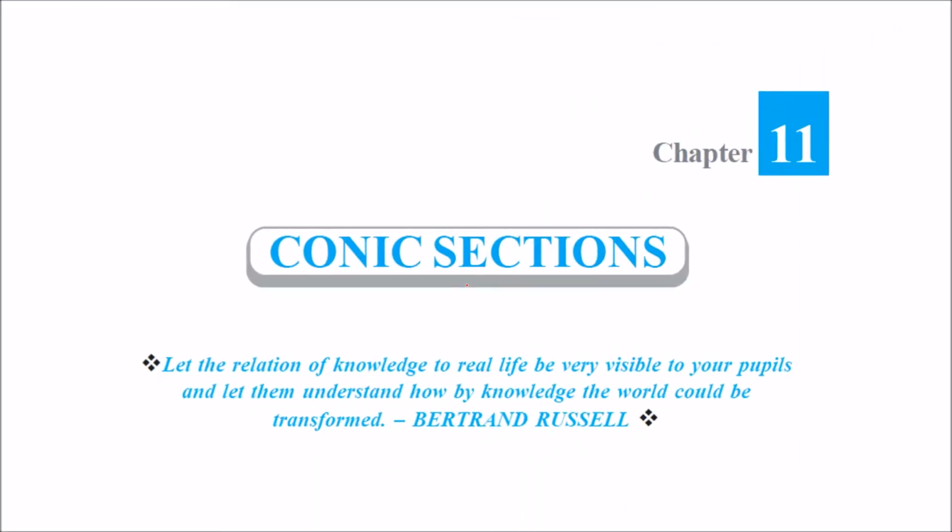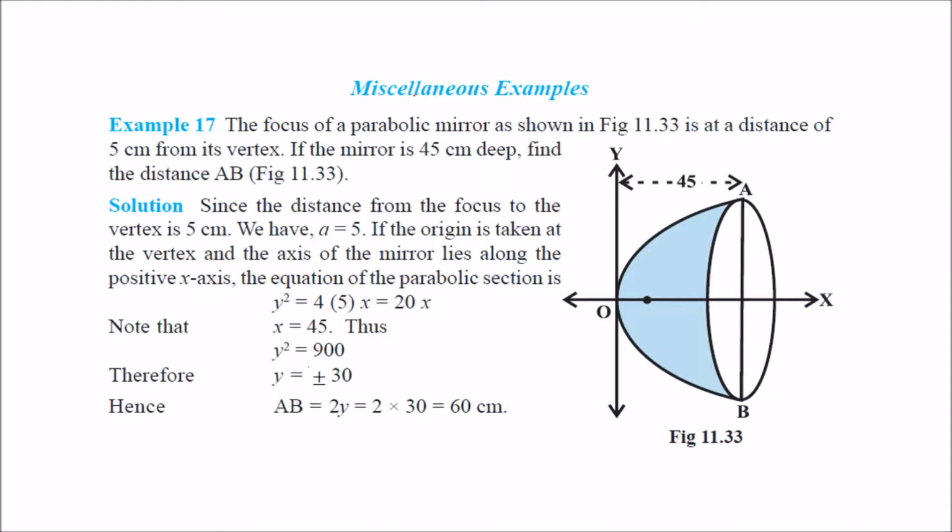This is chapter 11, conic sections, of class 11th, and we'll be taking the miscellaneous examples right now. The focus of the parabolic mirror shown in this figure is at a distance of 5 cm from its vertex. So if this is the vertex, this distance is 5 cm. If the mirror is 45 cm deep, it is given,